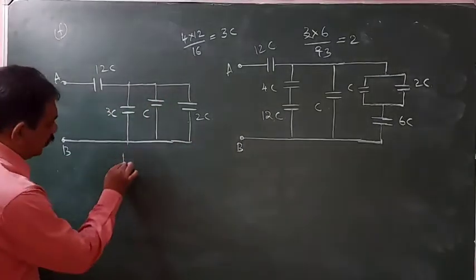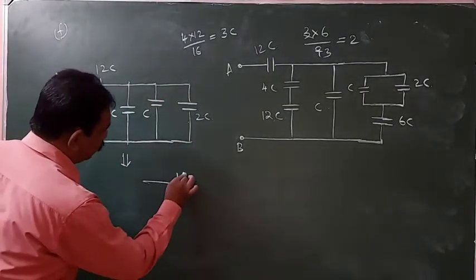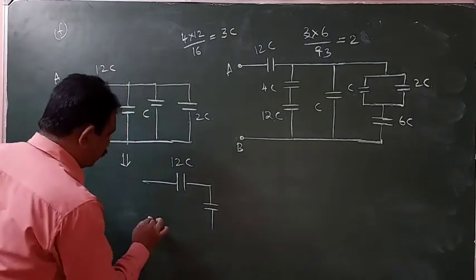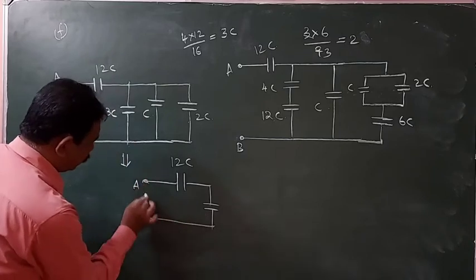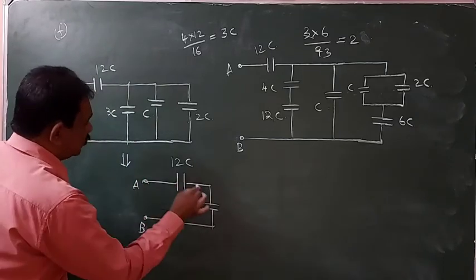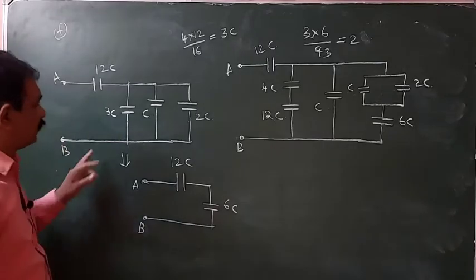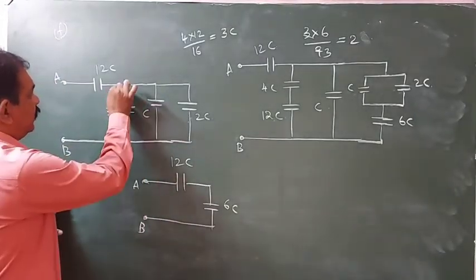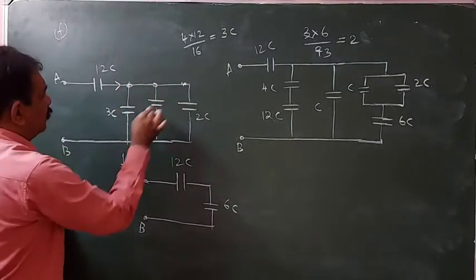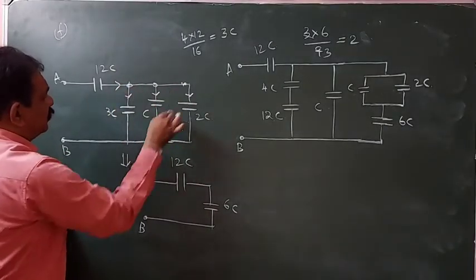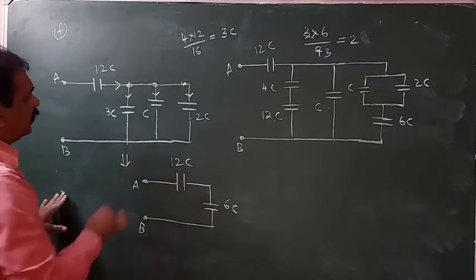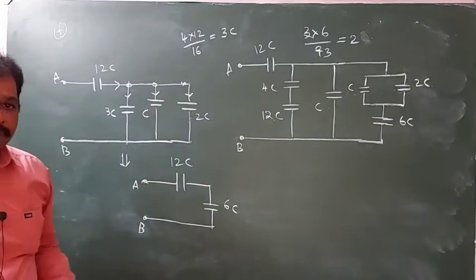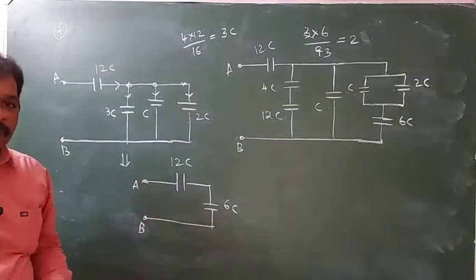So again if we redraw the circuit, here 12C. Here how much to write? 6C. Sum of these three will be, all will be in parallel. Here current is divided into charge and all are mixing here. So just these are wires, na? We can join the bottoms. All will be in parallel.